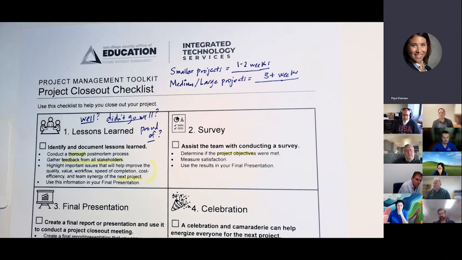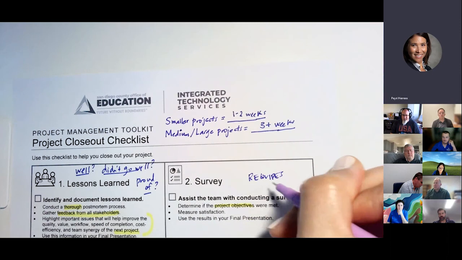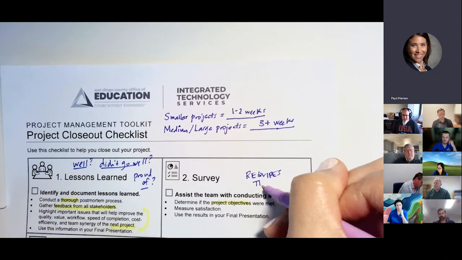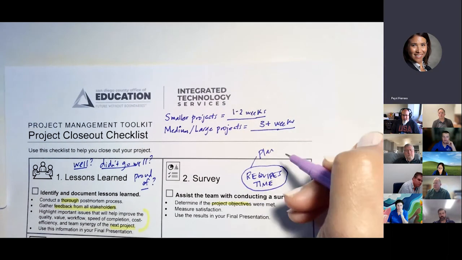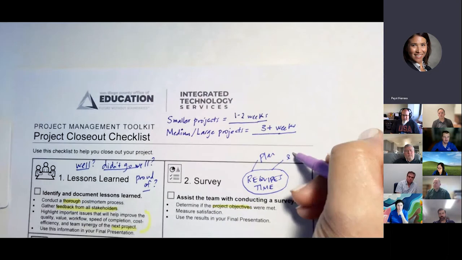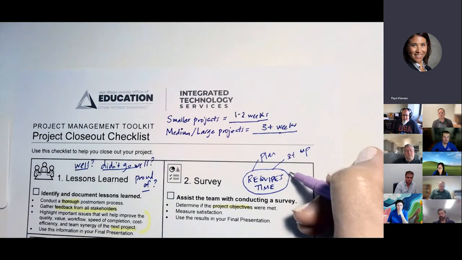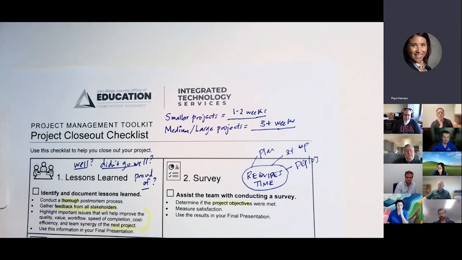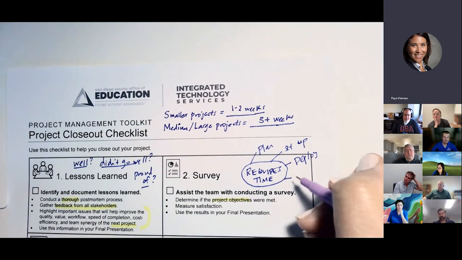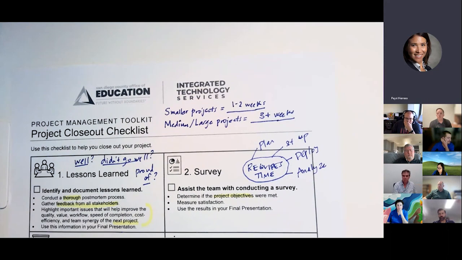Now with the survey, this is an element that requires quite a bit of time. That's why I was saying it's going to depend on your closure phase, but a survey requires time. First you have to plan it. You have to figure out the right questions. Then you need to set it up. You're probably going to put it in Google Forms or SurveyMonkey or some tool that you've got. You need to deploy the survey and give people time to actually respond to it. And then last, when you get it closed out, you need to go analyze the data and synthesize it, figure out what does this tell us? What are we getting out of this?